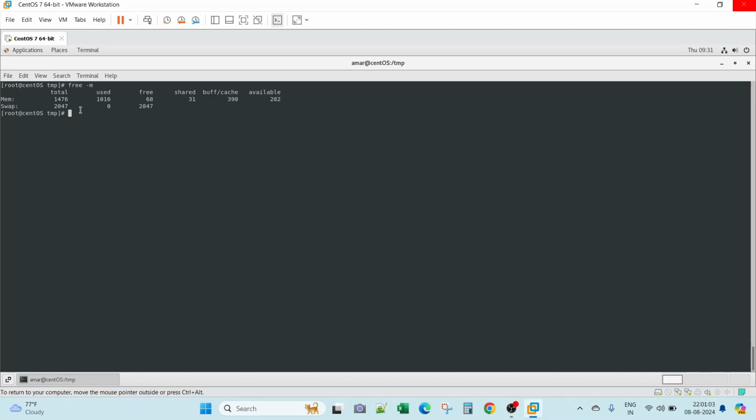currently I have total memory of 1476 MB, out of which 1016 has been used and 68 MB is free. Similarly, you can check swap: the total swap is 2047 MB, out of which all is free and 0 is used. Let's say I want to check in GB, so in place of M I will use G,